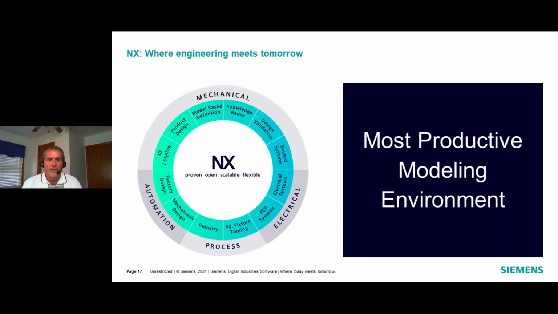Ongoing commitment to core modeling technology investments provides the world's most productive modeler. Productivity of your tools has a huge impact on your ability to quickly execute projects and minimize time spent on data maintenance and change management. We at Siemens believe in making our tools the most innovative in the market today. The world's most productive modeler has an intuitive, interactive user interface and the fastest model resolution to help you go from concept to model reality in the shortest time possible. Let us take a look at some of the keys to this.